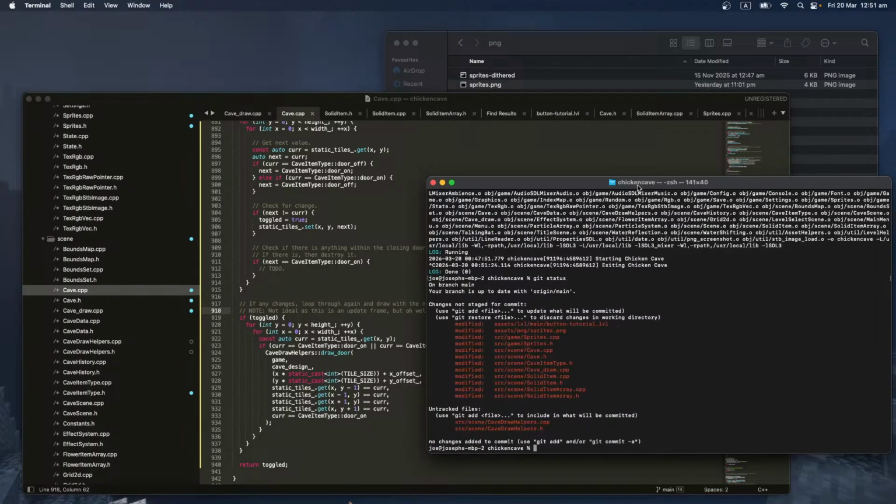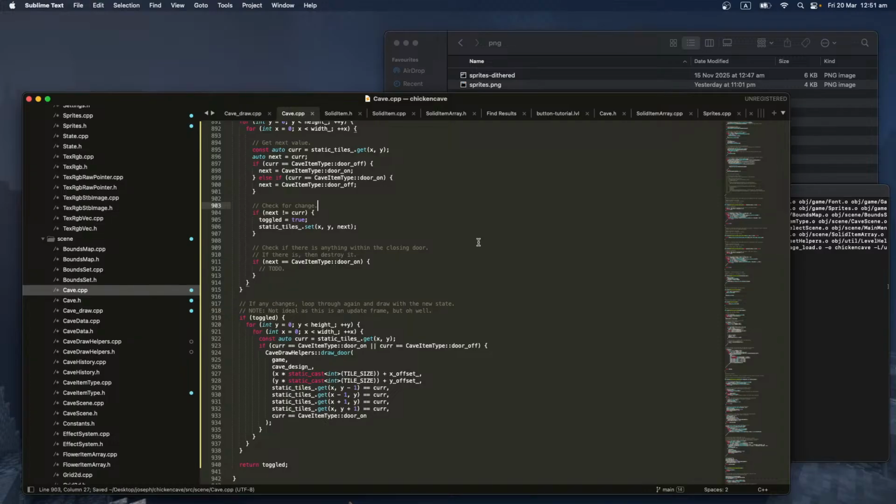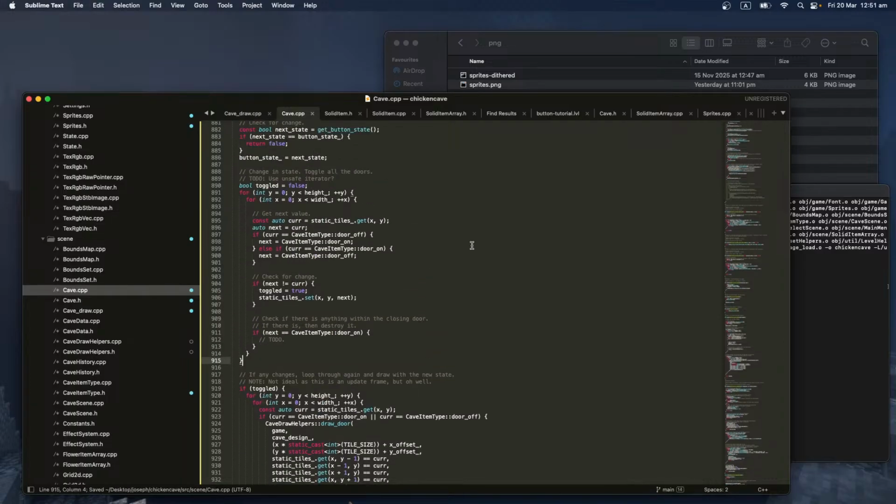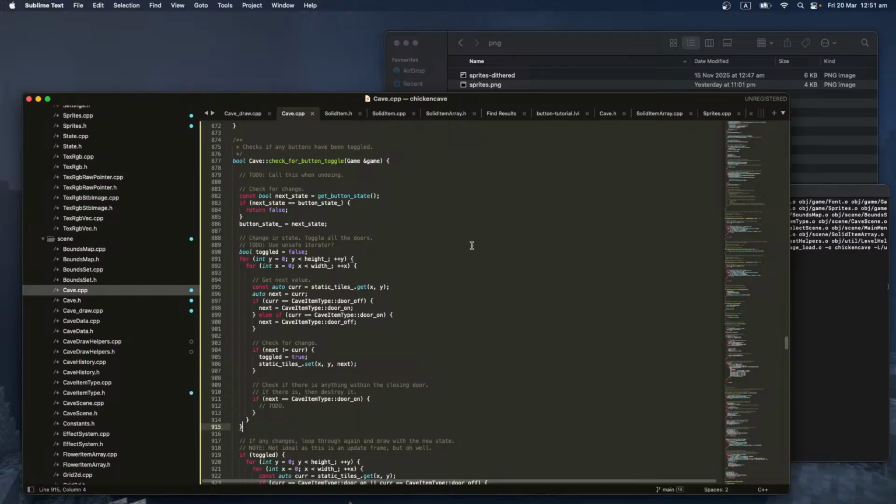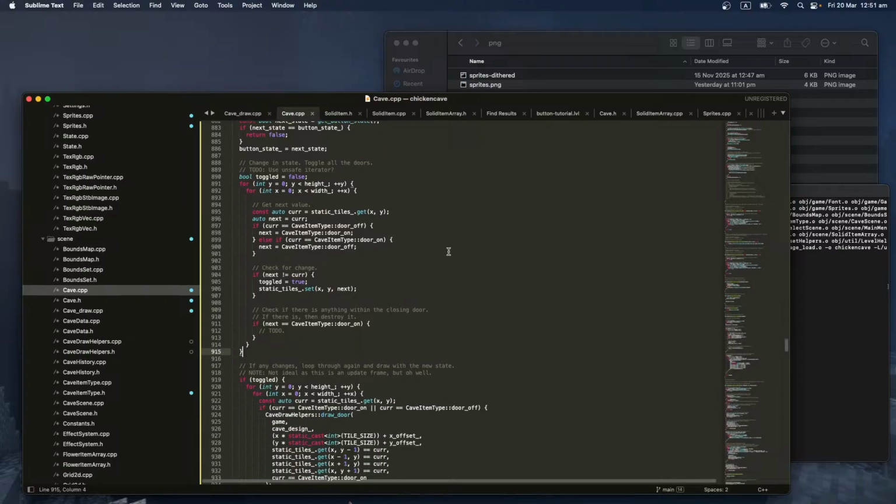Alright, that's probably all I'm going to do today. In the meantime, I will make doors destroy things, and I will